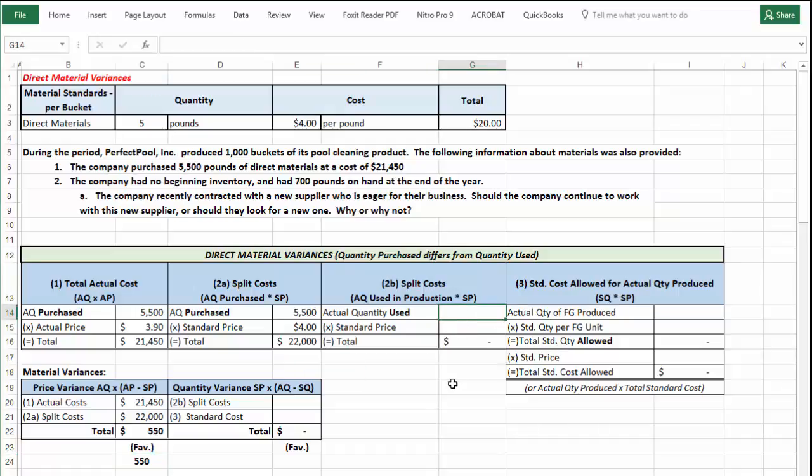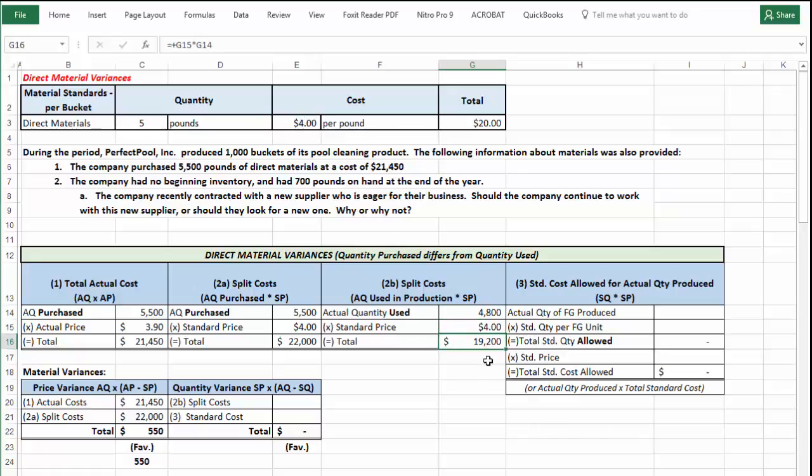The actual quantity we used is, and I've said this a couple times, how many pounds? It is the 5,500 pounds that we purchased minus the 700 pounds of inventory we had on hand at the end of the period. So let's type that in here, 5,500 pounds minus 700 pounds at a standard price of $4 per pound